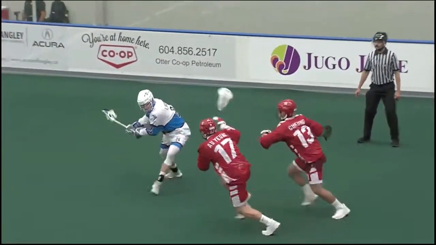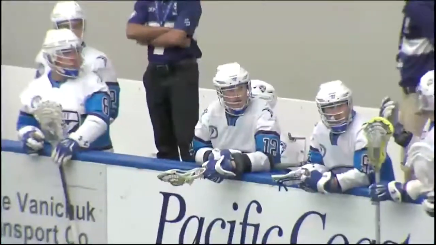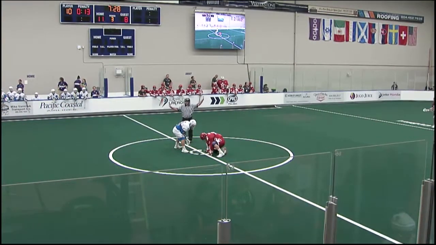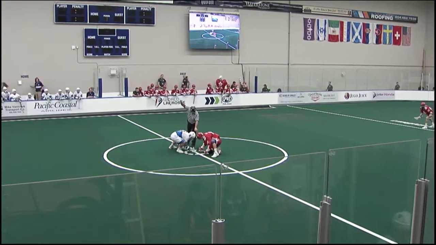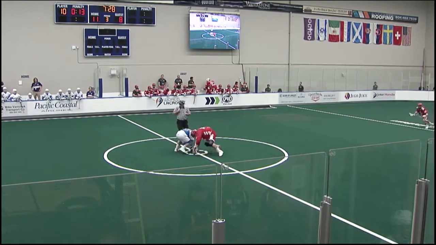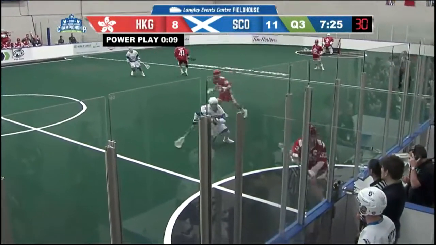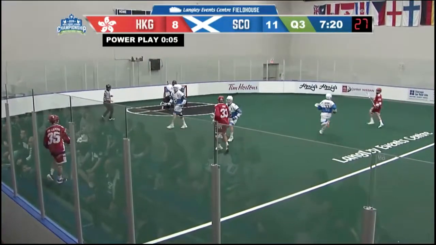Vickers spinning away from checks along the left side, turned and fired it into the back of the net there. 7:32 the time. Scotland's 11th goal is 4th of the game, scored shorthanded by number 24, Ian Vickers.